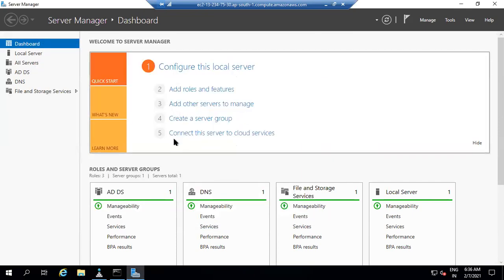Now the major part, what you will be learning next week, is how we can integrate this with my AWS. That is the major part, right? So you tested domain creation, you tested DNS creation. Now the next step would be our AD should talk to my AWS, and AWS should talk to my AD.